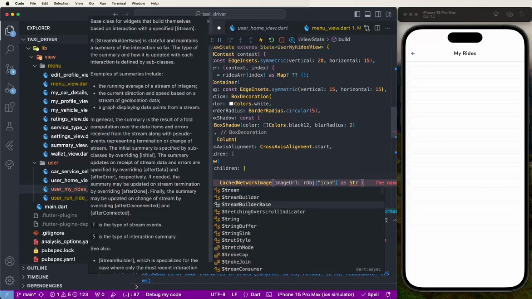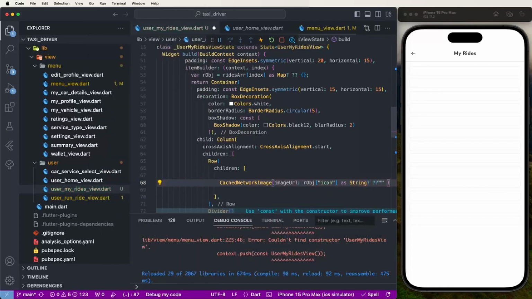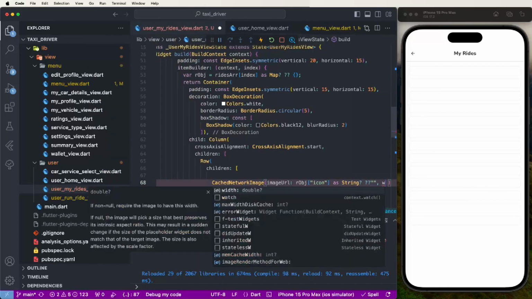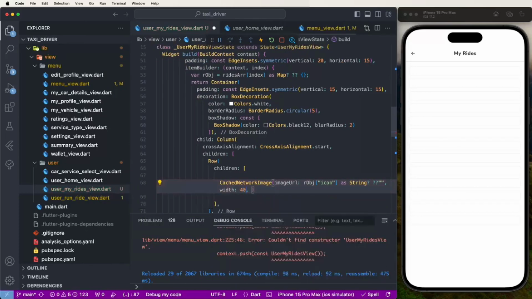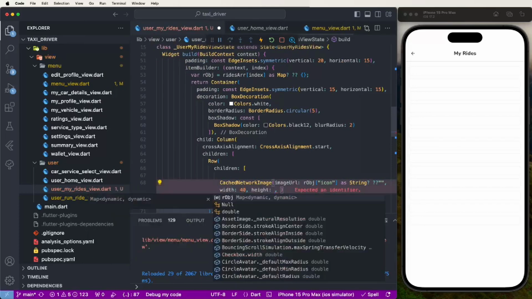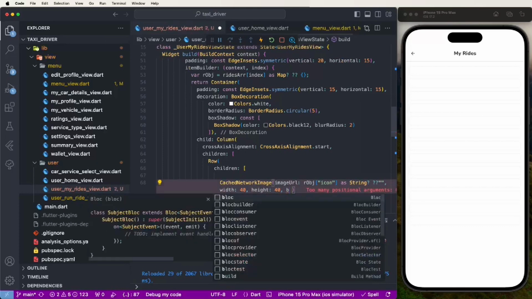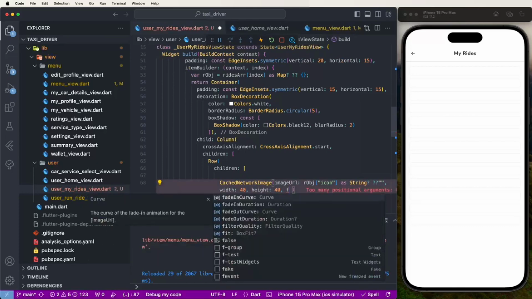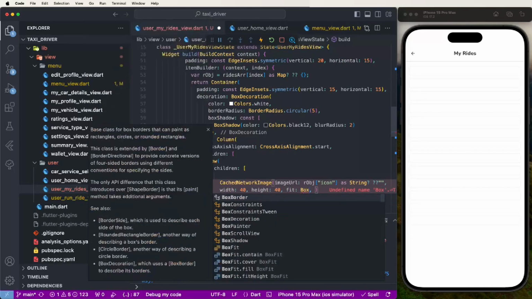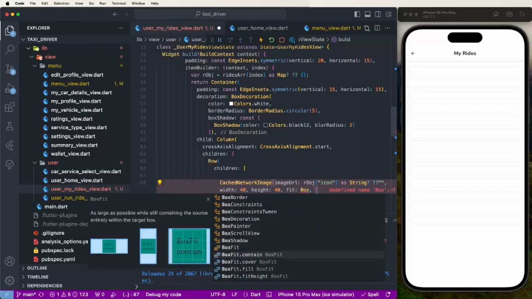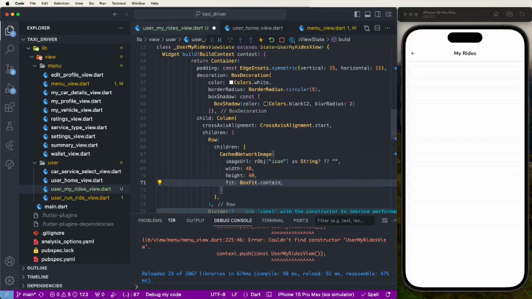Optional, need to set here like this. Then after, need to give this here the width, we need to set as a width 14, height 14, and to set here the box fit. Contents need to set this here and to save this here and look like this here, displaying here the